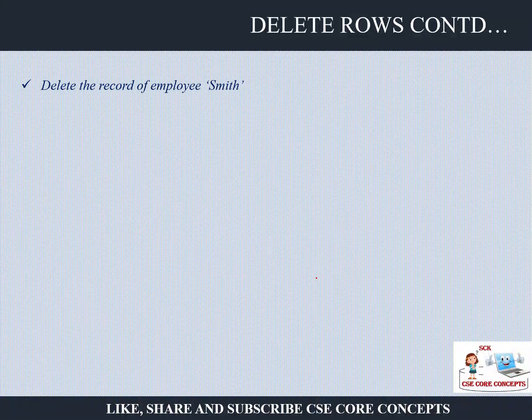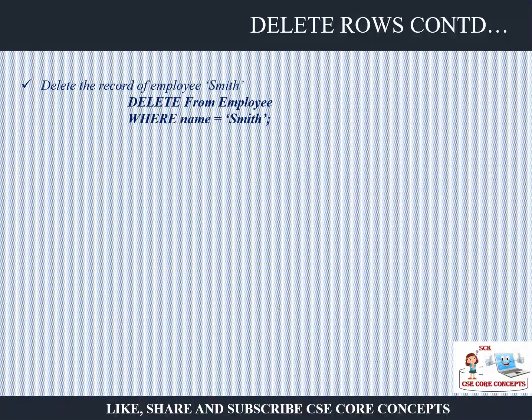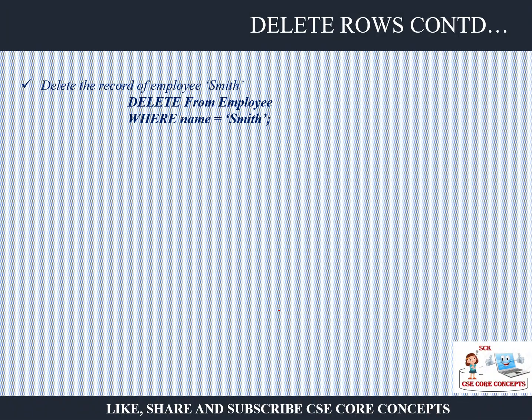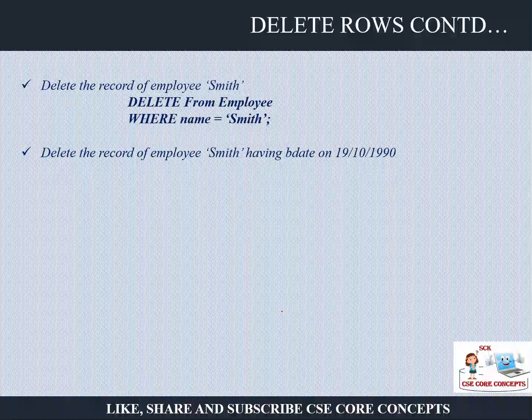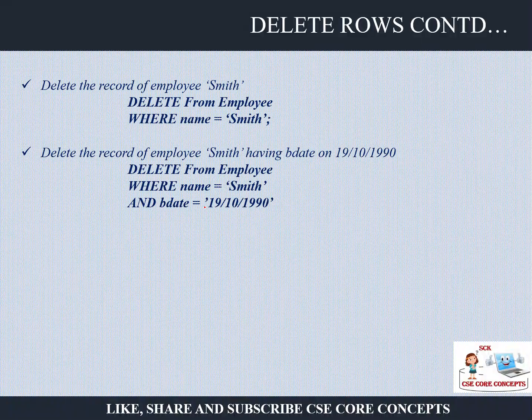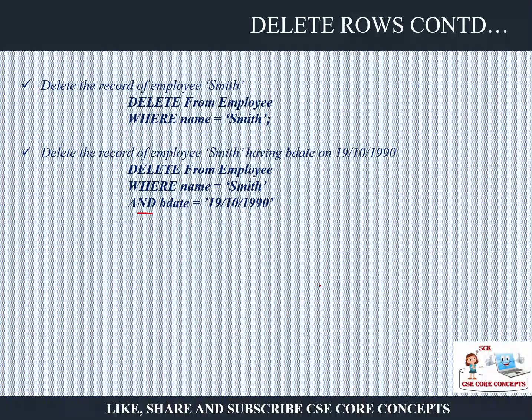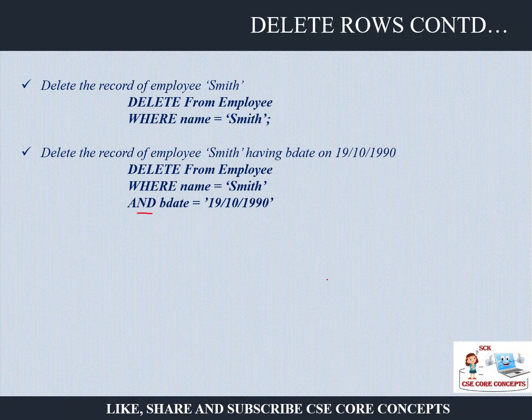If you want to delete a particular record, suppose one employee has left the organization and you want to delete his record, you will write delete from employee where name is equal to Smith, or any column, right? Any column-based criteria. You can have multiple criteria also using AND and OR. If all the criteria are compulsory, then you put an AND clause, that is where name is Smith and birth date falls before. You can have multiple employees called Smith, right? So you want to delete which Smith's record, where the birth date is before 1990.